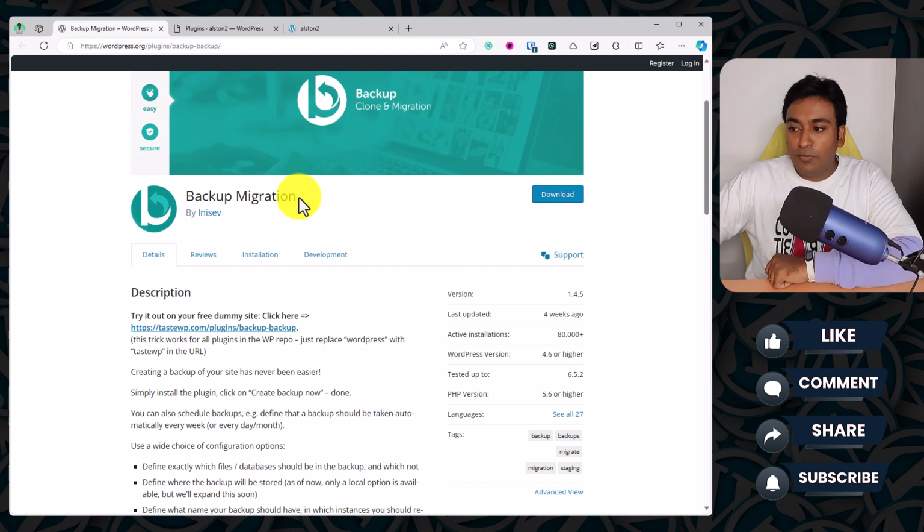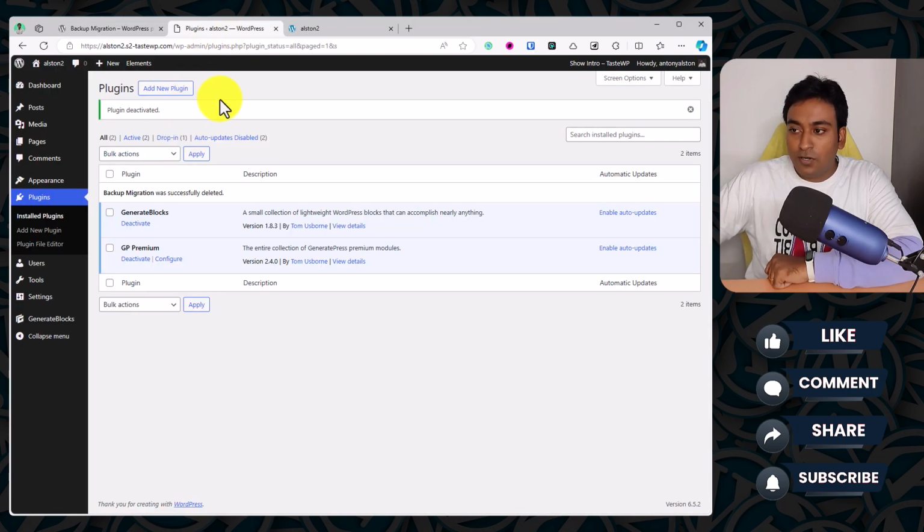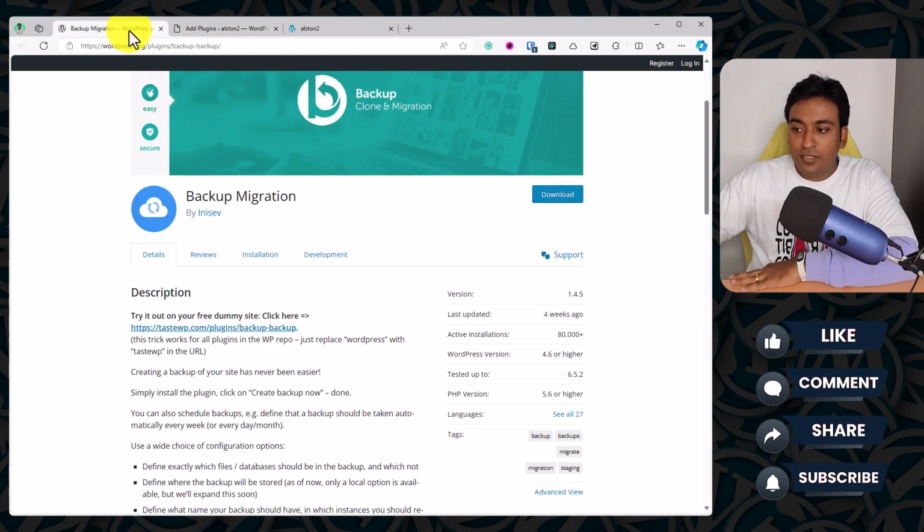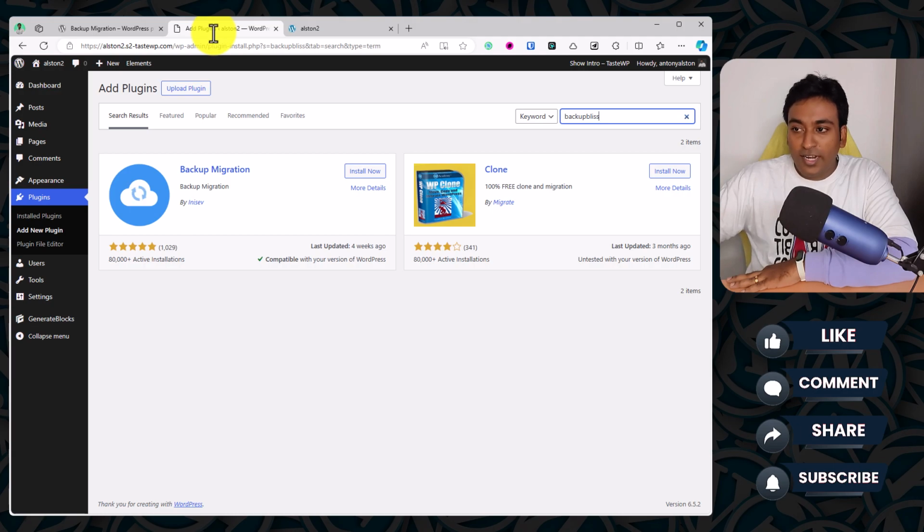So we are going to be using this plugin, and you can see I have a dummy WordPress installed here, and I'll show you how you can start using it. First, go into plugins and click on add new. Here search for Backup Bliss, because if you search for backup migration, it will show a lot of different plugins. To get directly to this plugin, just search for Backup Bliss, click on install now, and once it is installed, click on activate.